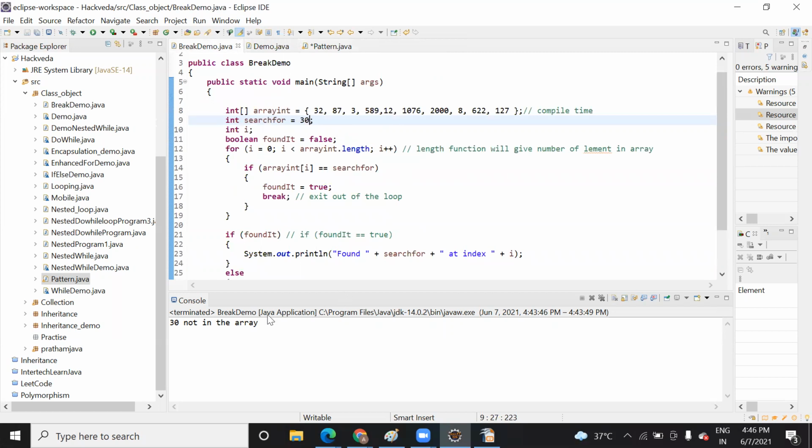So here we have seen that, right? The logic is like this: i is equal to 0, it will check for an element. If it is true, then it will break. As it breaks, the flow will come here, check that the value is true, and print it. In case it is not equal to true, it will not even come inside. Then the flow will go back, increment the value, and i will become 1 now. You will check, is 1 less than 10? If it is, okay, let me take 127 here.